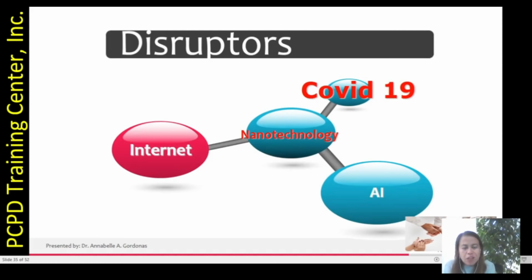So alongside with the pandemic that we are experiencing nowadays, of course, we do have disruptors like the internet, the nanotechnology, and artificial intelligence, and the COVID-19. So heaps and majority of the materials we're getting are actually from the internet. We have open educational resources, commons, and other audio and video materials. So we should embody the sense of